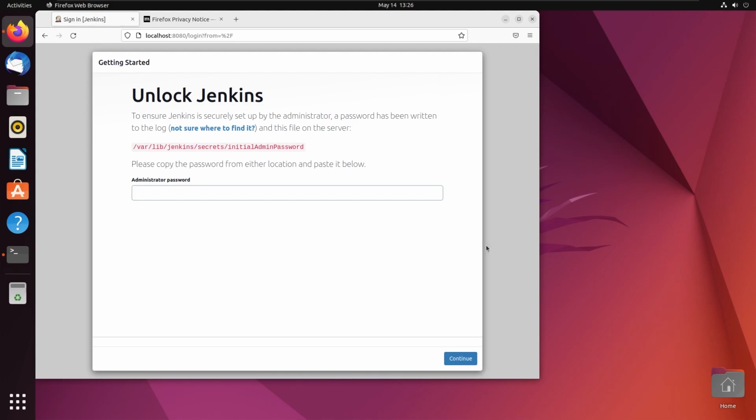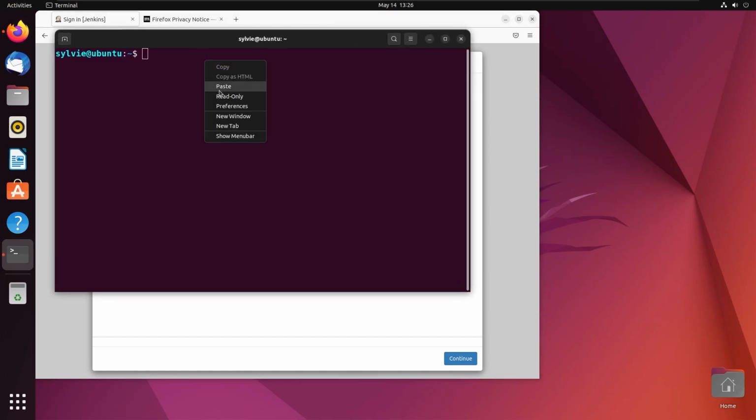Now I'm going to open the initialAdminPassword file with sudo privileges in my Ubuntu terminal, and for this I'm going to copy this file location and paste this in my Ubuntu terminal. This cat command is used to show the contents inside the file. So now I'm tapping on the enter button,